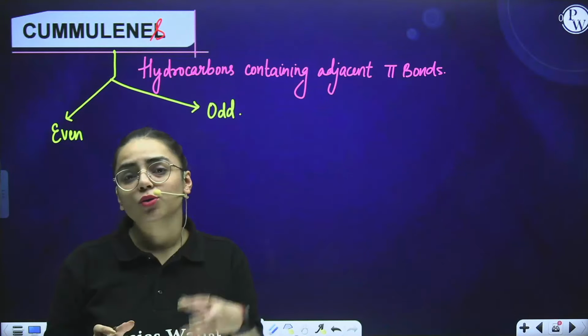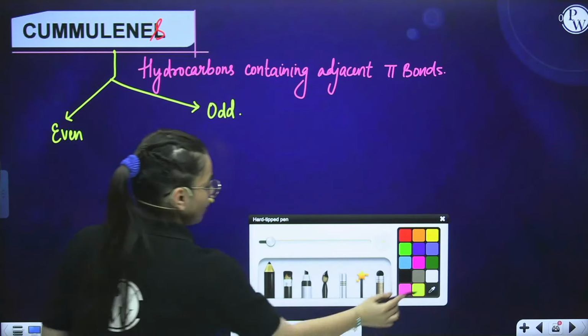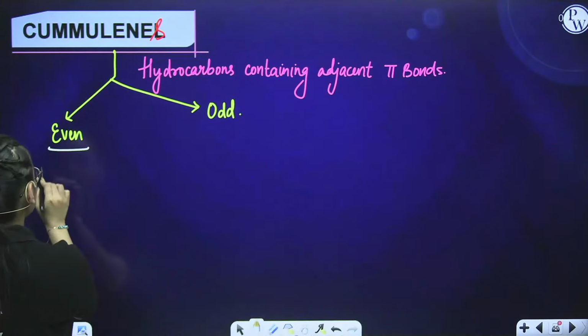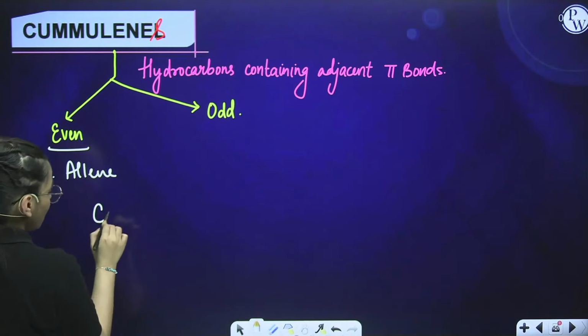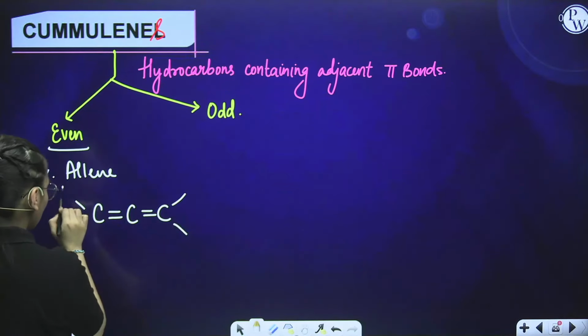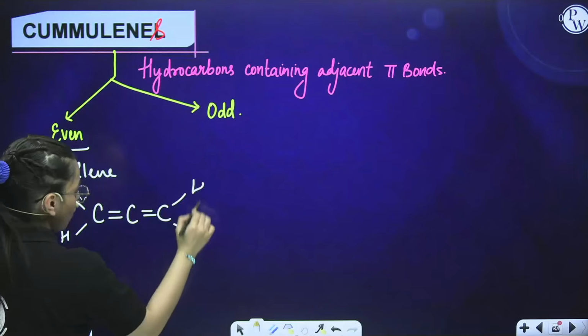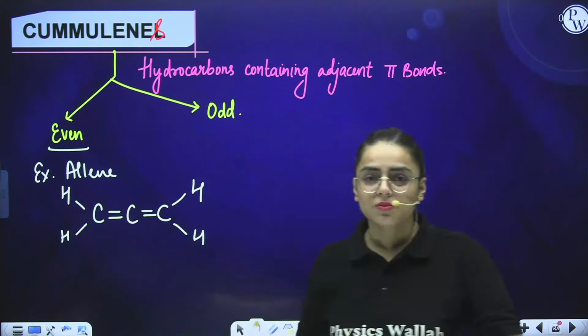If the number comes out to be odd, then it is referred to as an odd cumulene. Let us take an example of allene, the most famous even cumulene. Now what happened in this case? Two pi bonds are observed over here. Now students, if I draw its structure according to the chemical bonding to find out whether it shows geometrical isomerism